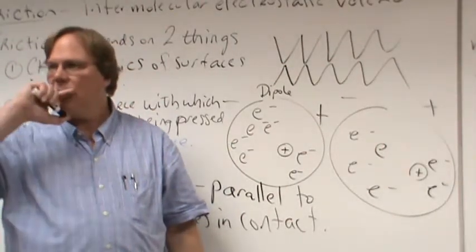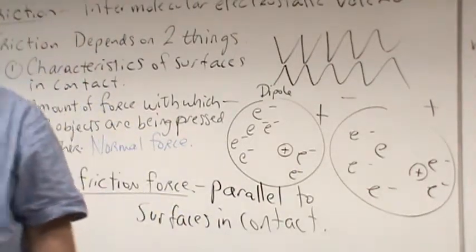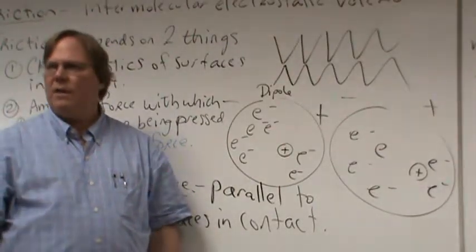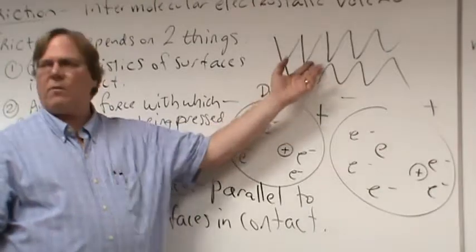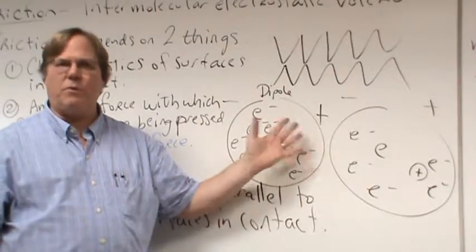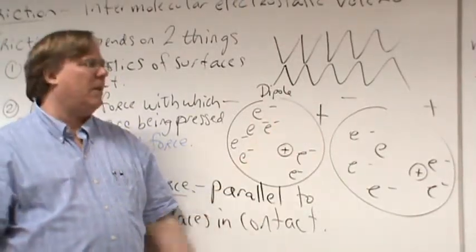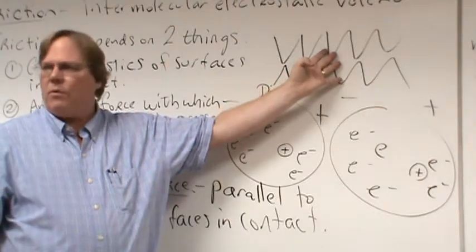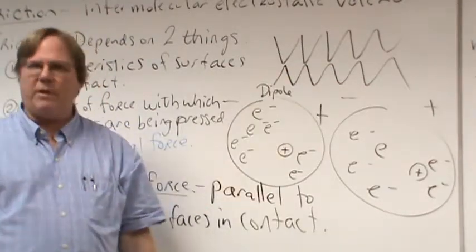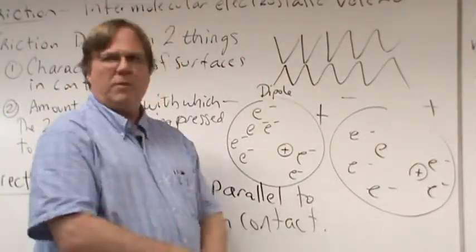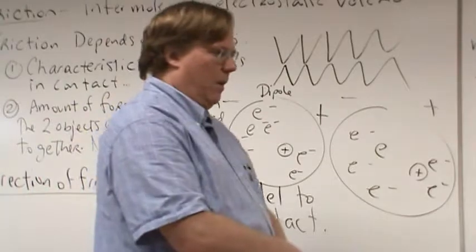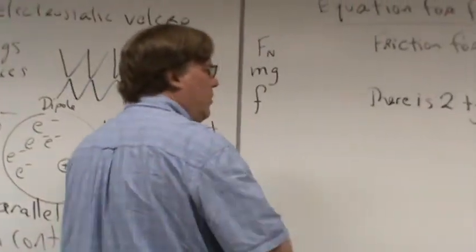What's that? They have more chances of forming because they'll be at rest, so they'll have more time. Thank you, Jonathan. Thank you very much. That's totally correct. When they're at rest relative to each other, they have more time. Given a certain amount of time, you have a certain probability of forming that intermolecular bond. Well, the more time you have, the more of those bonds you're going to form. That's why. So you get more bonds forming in the static situation versus the kinetic situation. Yeah, beautiful. I was going to say something else, but that's good enough.